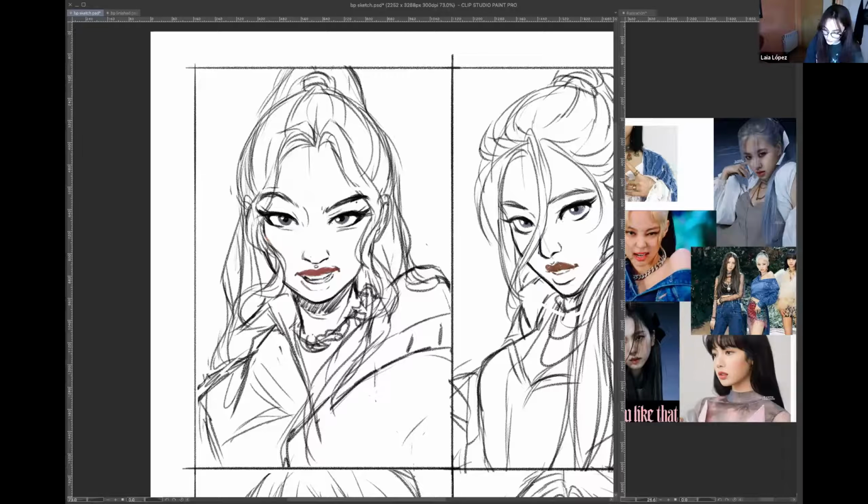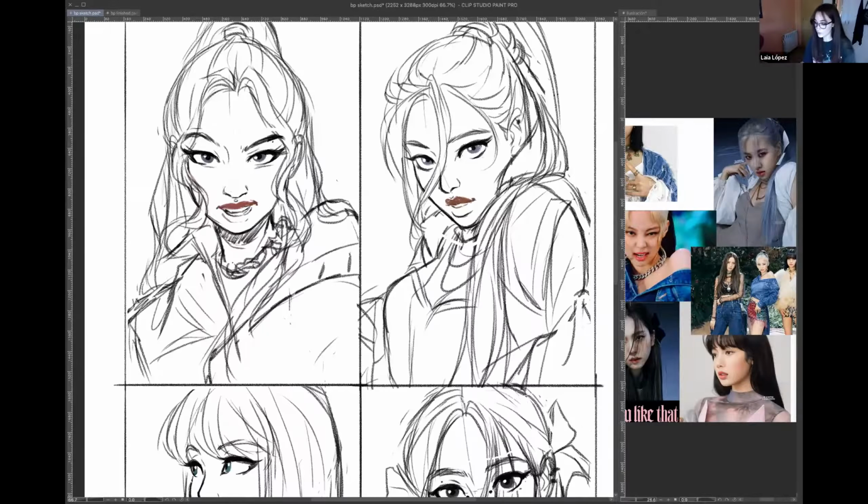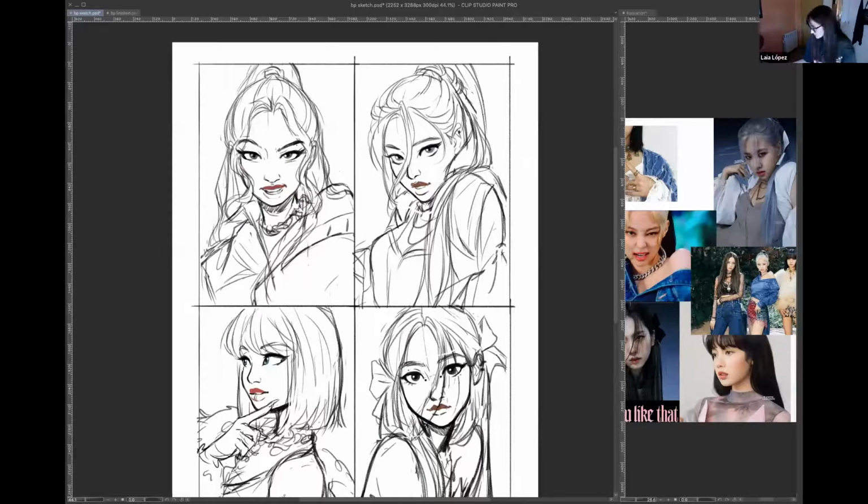It has a texture. One good thing about it is that it has a really cool pencil effect, but a bad thing, though I don't really mind, is that it kind of forces you to go over the same line two or three times so you can get a decent line without transparencies. But I really like that texture, and honestly, it's the only pencil that I use for sketching and line art. I have a bunch of pencils, but I always end up using the same one. Okay, so back at the sketch.